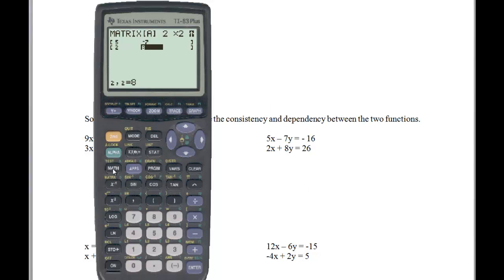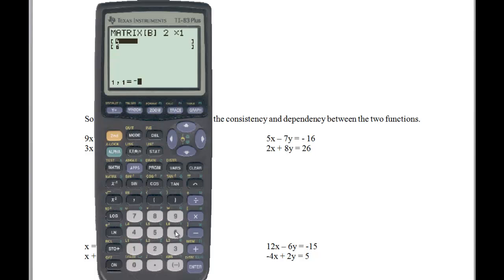I'm going to go second inverse, or to get to my matrix, go to edit my B. Now you'll notice I only have 2 numbers here, so I'm going to change that to a 2. And that will let me type this in, negative 16. Whoops, negative 16, not negative 6. Negative 16 and 26. And then what I'll do is quit out of this, and you see I still have